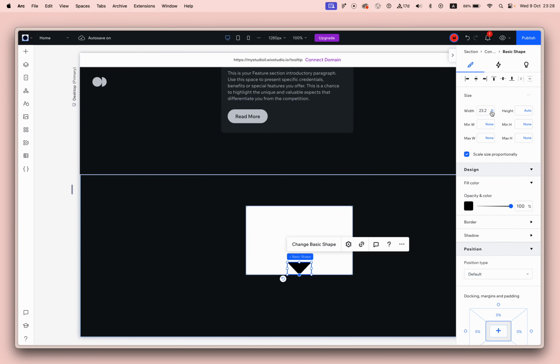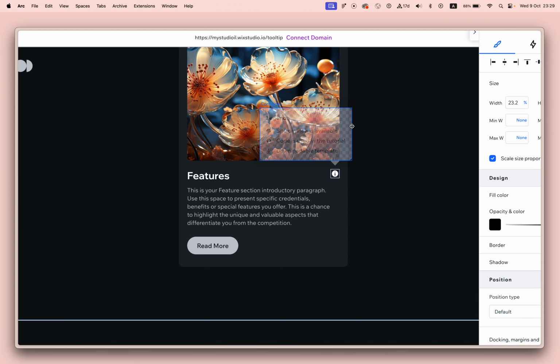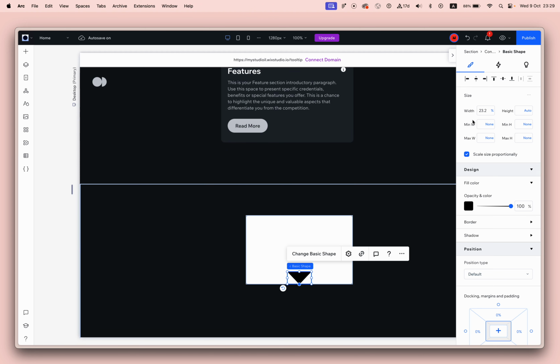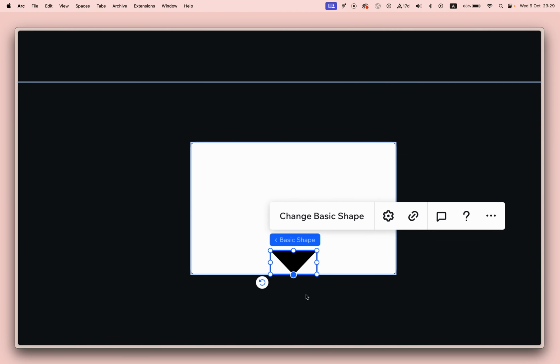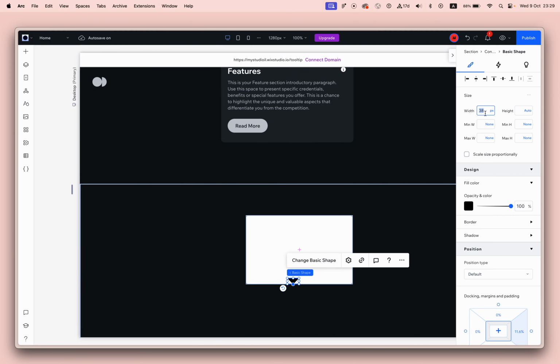Let's make it smaller. I will use pixels because most of the time you want to do it responsive. Okay, it will keep the same width and height. Sorry, width. Height is based on the content. So let's make it in pixels, and now I want to make it smaller, something like this. So let's make it 40 pixels. Okay, let's make it again centered and aligned to the bottom. Now I want to take it outside